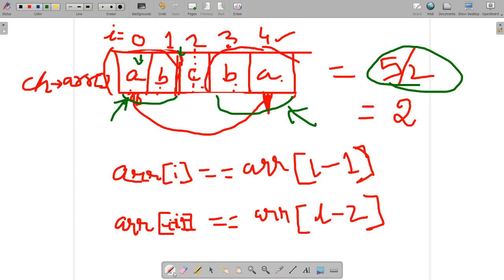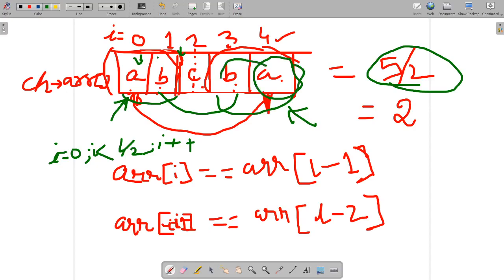So see, for the beginning I will check I equal to 0, I up to where? Less than L by 2. That is, 0 and 1 we will check here, right? When we saw the example, we checked 0 and 1 only, so I plus plus. Now for this side, up to how much are we checking? First L minus 1, then L minus 2. If there are more elements, it will keep on going left.